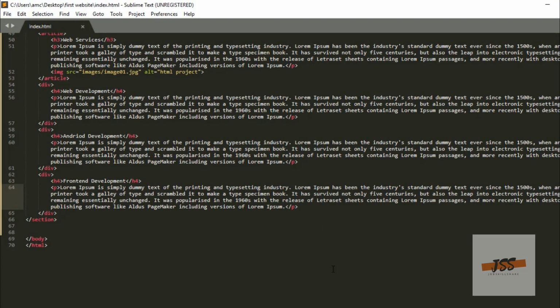Next, I want to make another block of services called marketing services. Now I am gonna do the same thing for the marketing services. So I add the article tag again. Then first I add the heading tag H3 for its heading, marketing services. Then I add the paragraph tag for description, and I am copying this dummy text